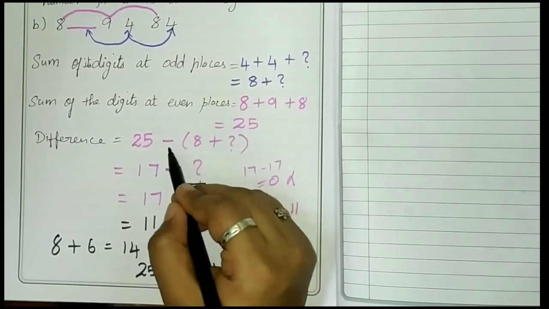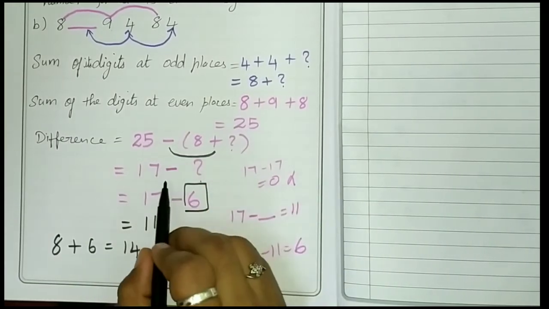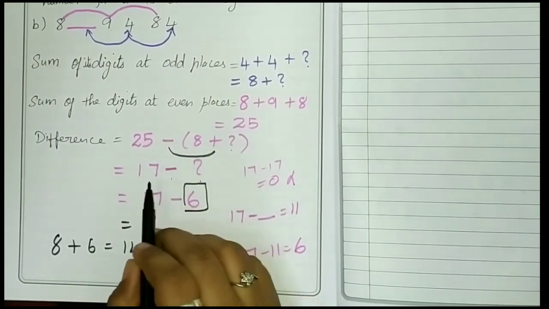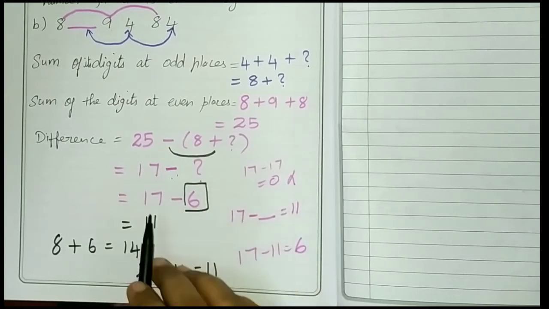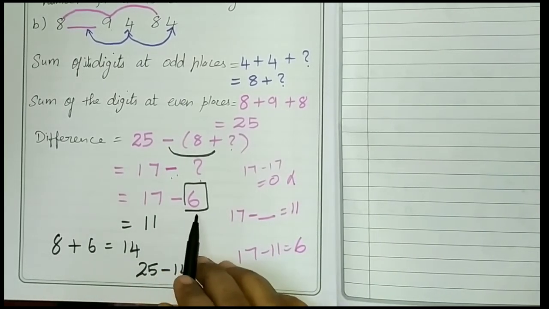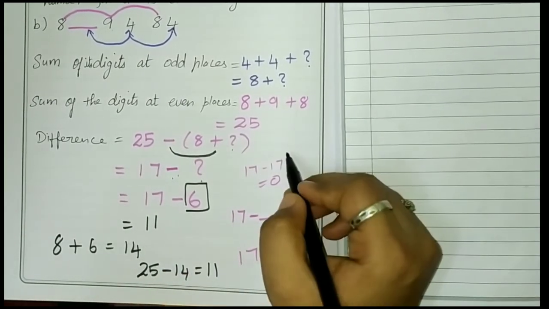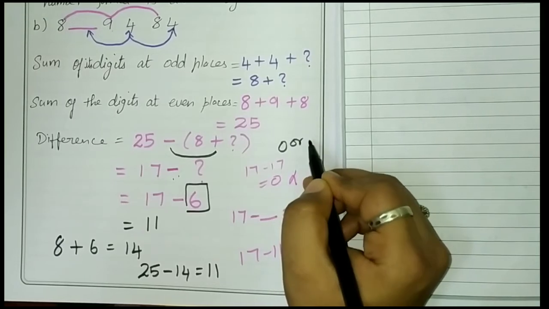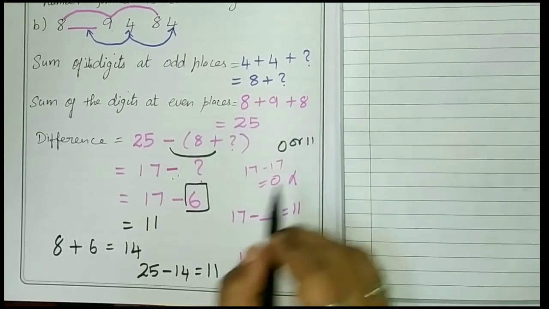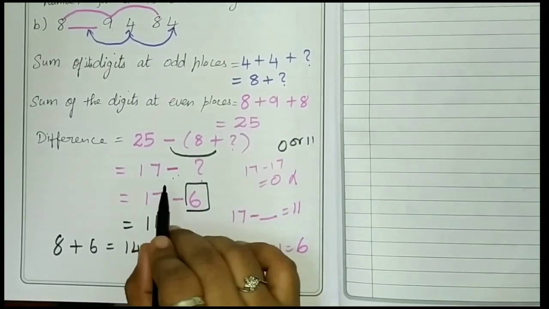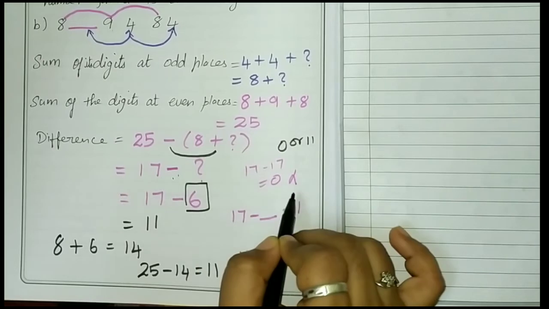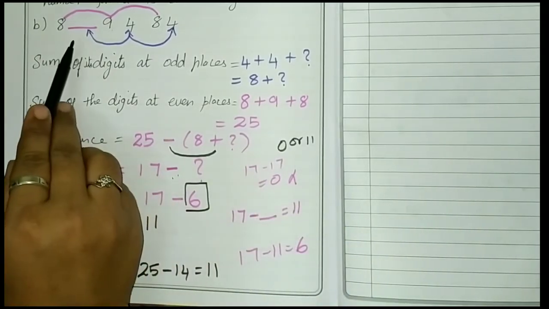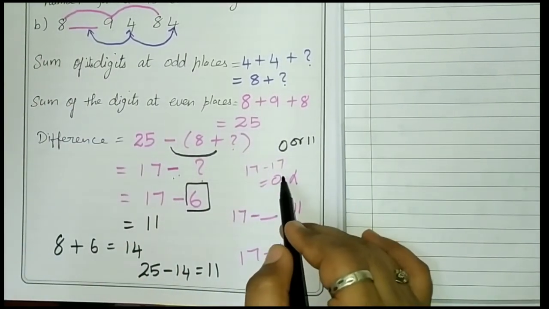This concept you will learn in your integer chapter. Minus plus, it is minus, so minus the unknown number. So 17 minus 6, how did I get the 6? I have to get either 0 or a multiple of 11. Here I can't. If I want 0 here, it means 17 minus 17, it is 0. Here I have to put only a one digit number. So this case is not possible.